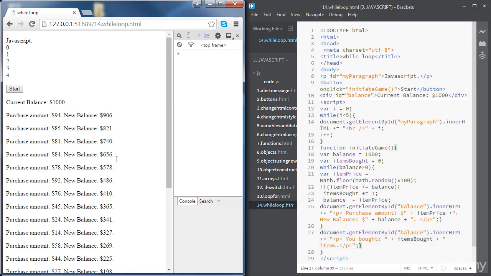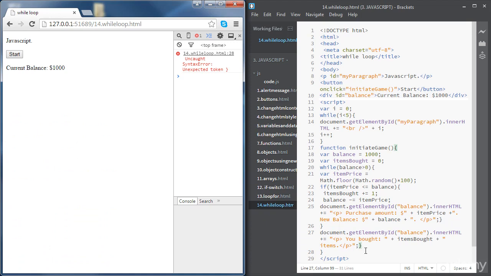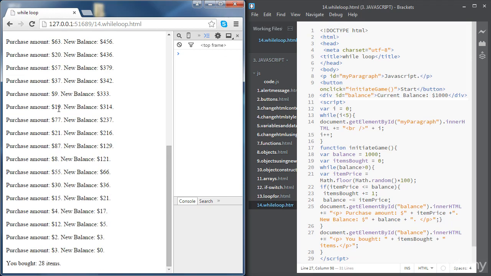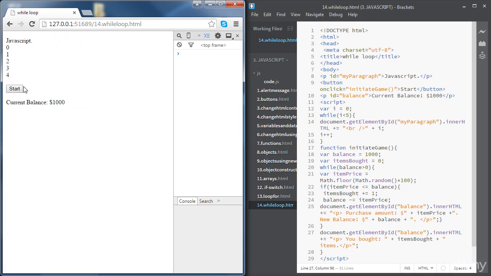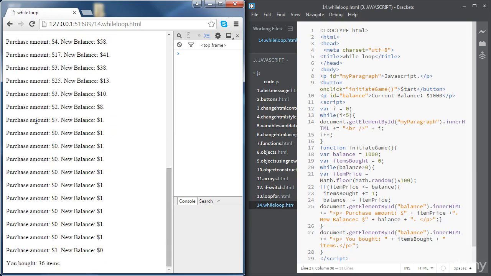Okay, let's try it now. Okay, we had an extra curly bracket there. Now it's working, and we can see that at the end we can see how many items we have bought. So 28 items. Let's refresh the page and run again. 36 items. Okay,